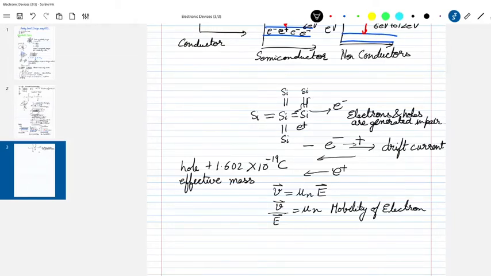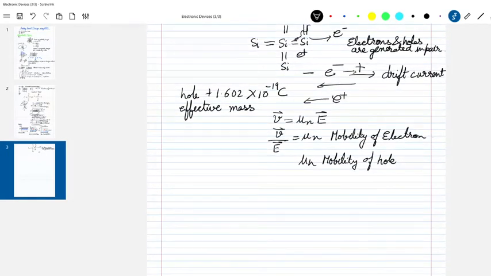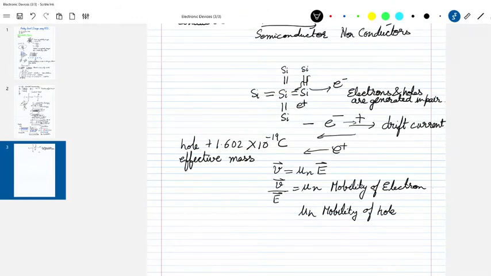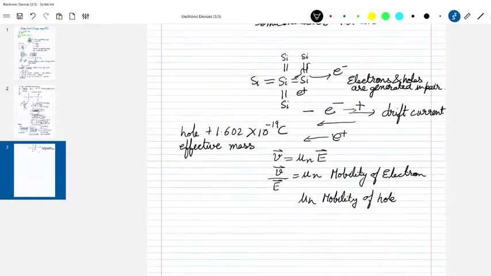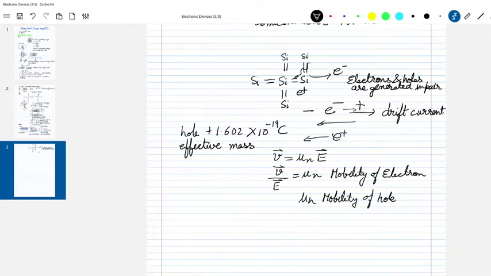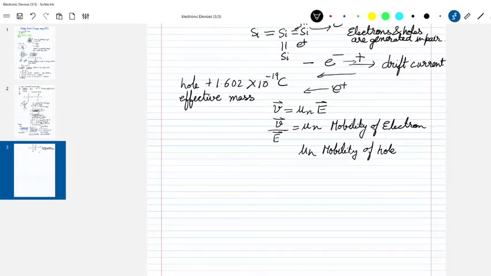Okay, similarly you have mobility for hole, and this depends on the effective mass of the particle, and this hole is nothing but a fictitious particle. Now it really depends on how strongly these valence electrons are tied to silicon. If they are very strongly tied, then the hole mobility is very low, or the effective mass of hole is very large. So gallium arsenide, gallium exists as a binary compound, has got hole mobility